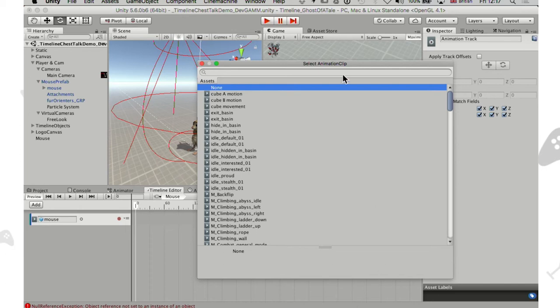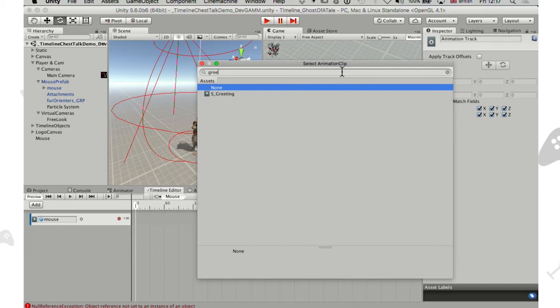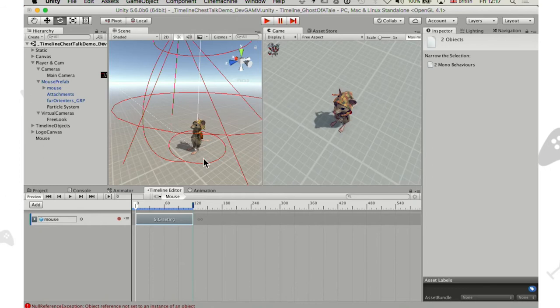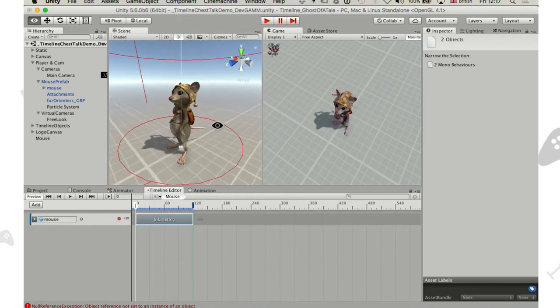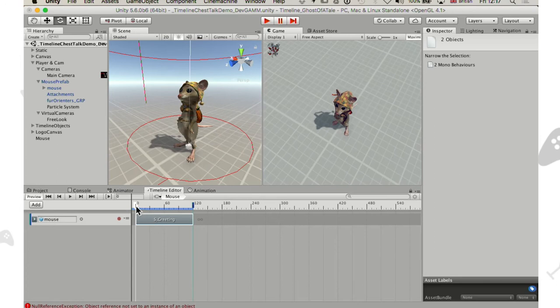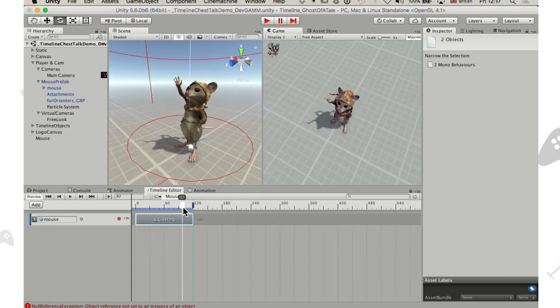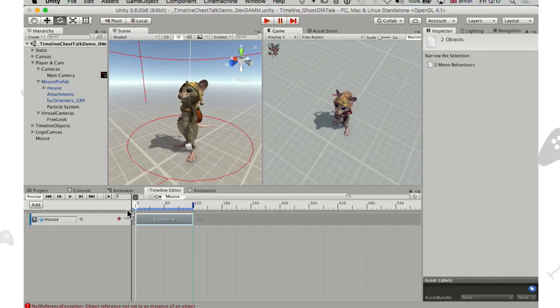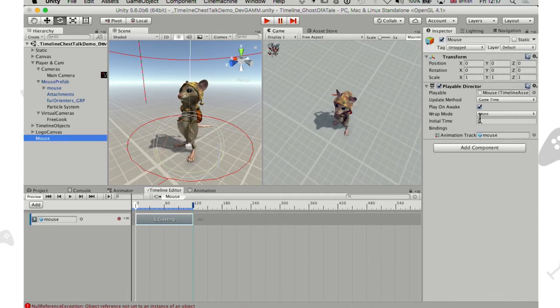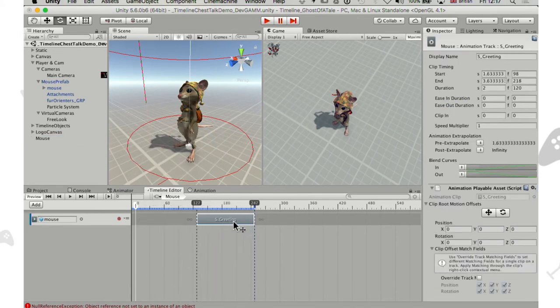So I'm going to use this one, which is called Greetings, or Greeting. And as you can see, now I have the clip on the timeline, and as I scrub the timeline, he will play the animation. So this is a timeline that plays automatically. As you can see here, the option says play on awake, which means that basically, if I move this clip here and I press play,